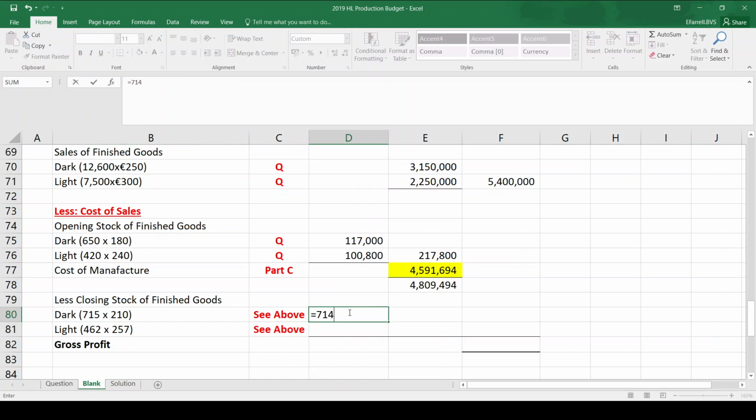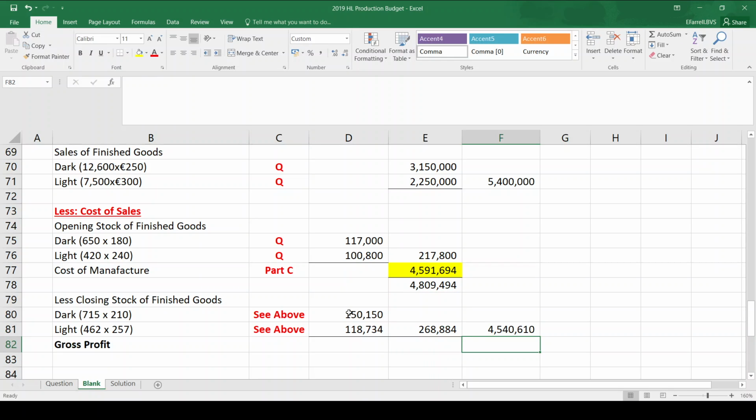So 715 by €210. And again, here are the units of light we have at the end of the year, 462, and they are €257 per unit. So if I add the two of these, my total closing stock is 268,884. Again, opening stock plus the cost of manufacture gives me this figure, and then I'm going to take away closing stock. So my cost of sales are 4,540,610. To work out my gross profit, 5.4 million minus that is